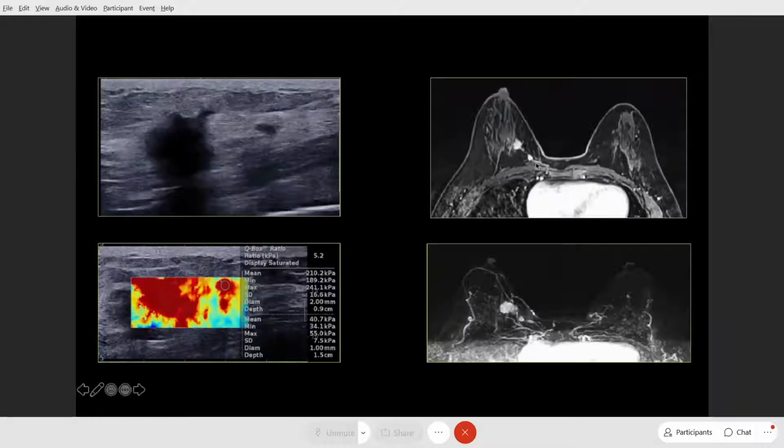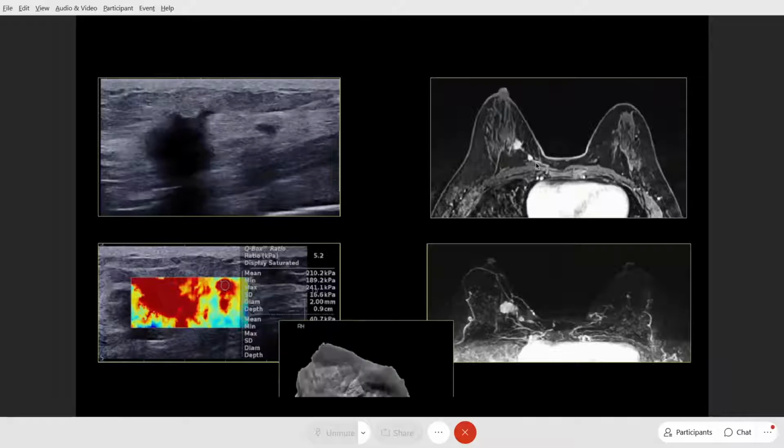So, whenever you see an index lesion, you should not have a sense of satisfaction. Always look around the surrounding tissue, look for small additional foci, which are going to have a huge impact. She can still undergo conservation, but you can give her a tumor free margin if you pick up small subtle findings like this, which is very much possible by a careful ultrasound of the surrounding tissue.